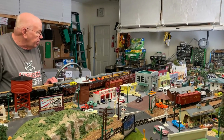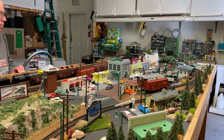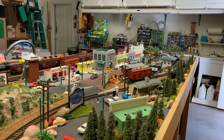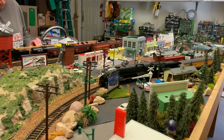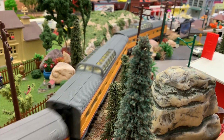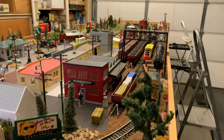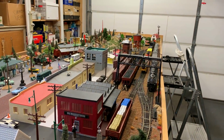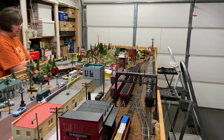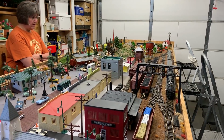So the trains and the track are all very recent. And look at that track. Yes. That doesn't look like American Flyer track. It looks like a snap track, like Atlas HO snap track. It's got the right number of ties and switch machines and the whole thing. It's just modern track. And then it's got American Flyer sized trains on it, most of which here are brand new. But then all of the structures